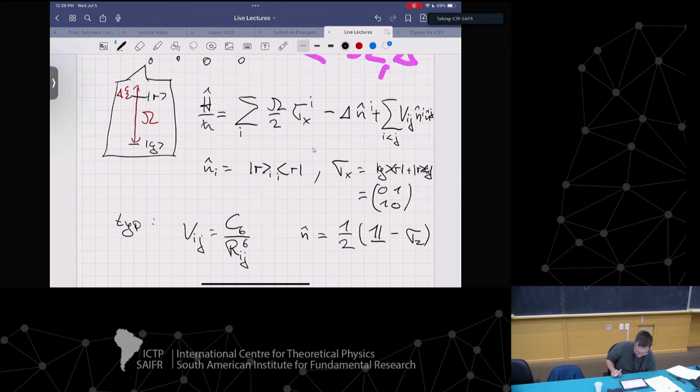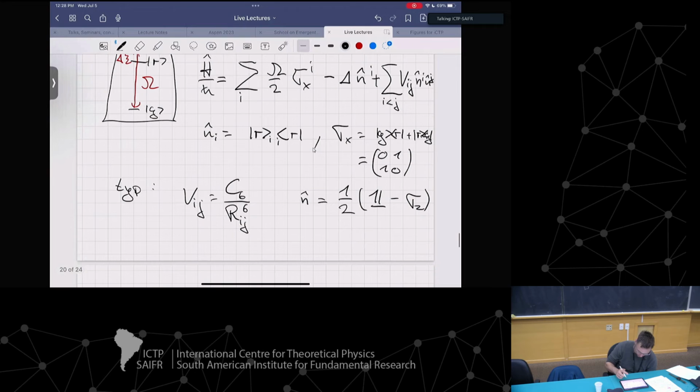So it's just identity minus sigma z. If I was to fill this in, I would get that this Hamiltonian, writing it in sigma x and sigma z, is just omega over 2, summing over i, sigma x, plus here I'm summing over i and I get a sigma z term, plus, because I had these two n's there and each n has a half in it, I get a quarter V_ij sigma z